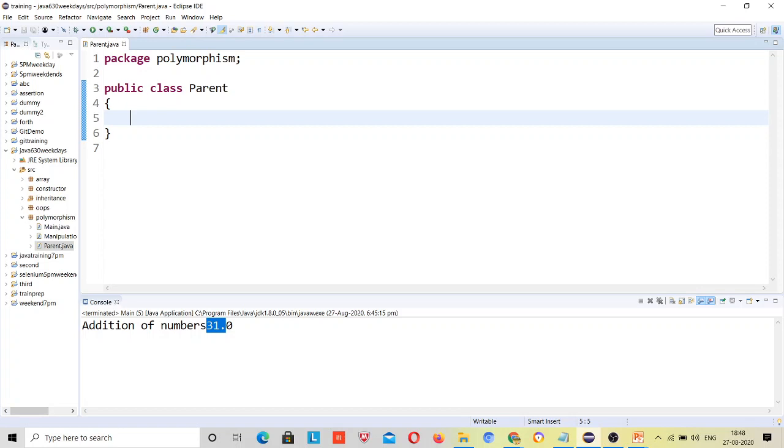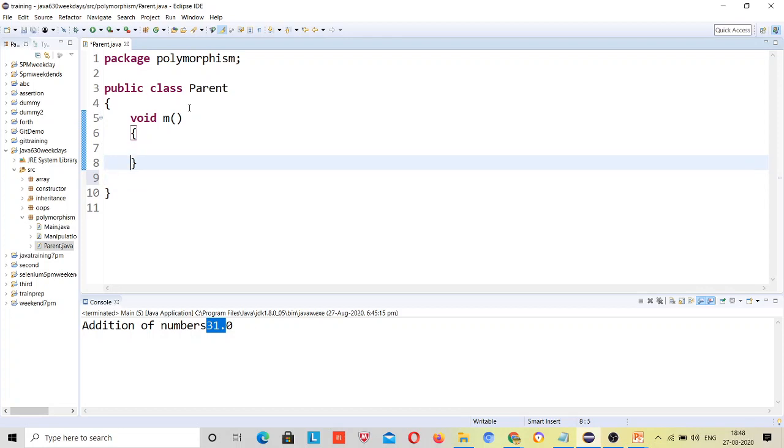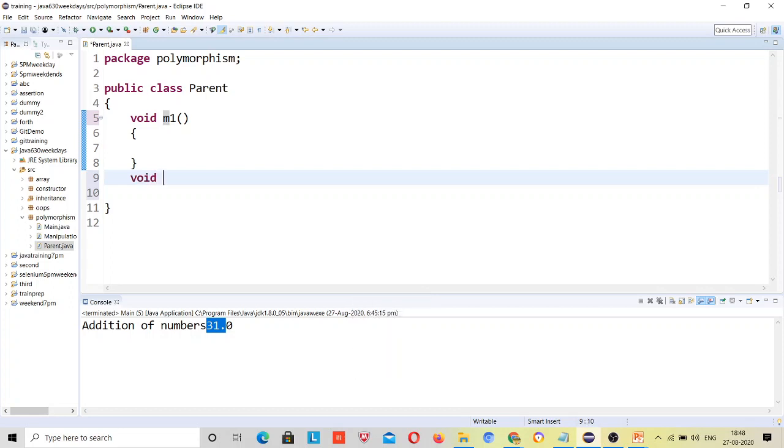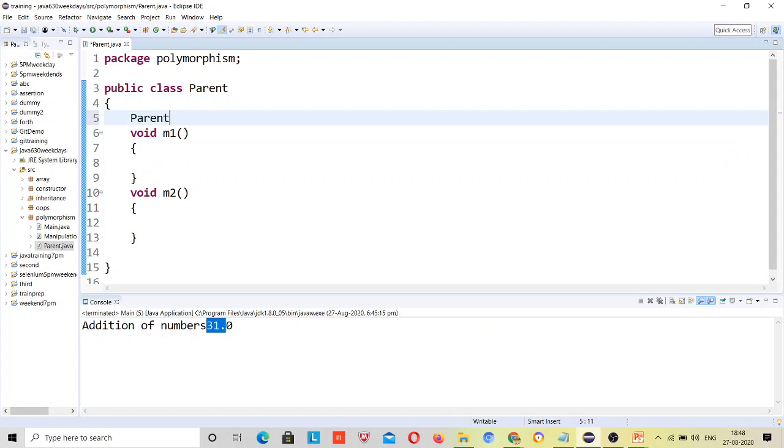Okay, so class parent, suppose class parent has method void m1. Now listen carefully. m1, and there is another method void m2. I am taking very basic examples to introduce you. These are two methods present, and there will be a constructor for sure.